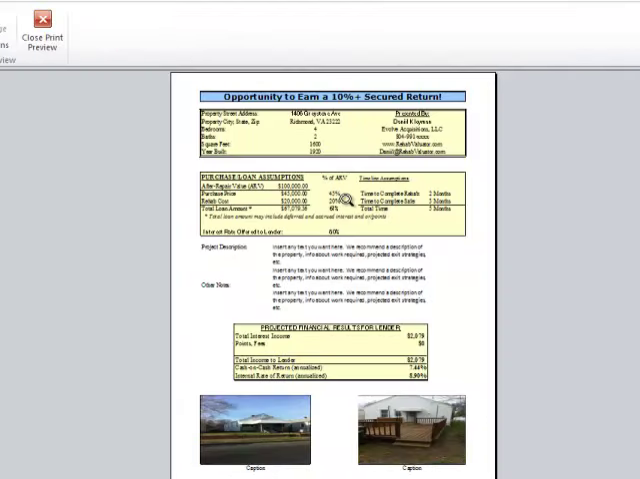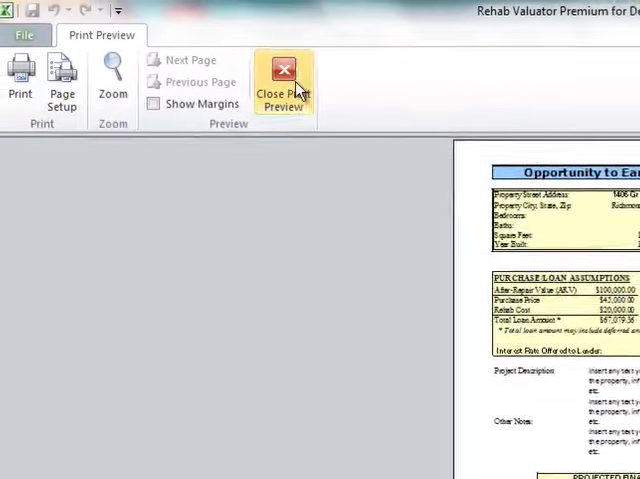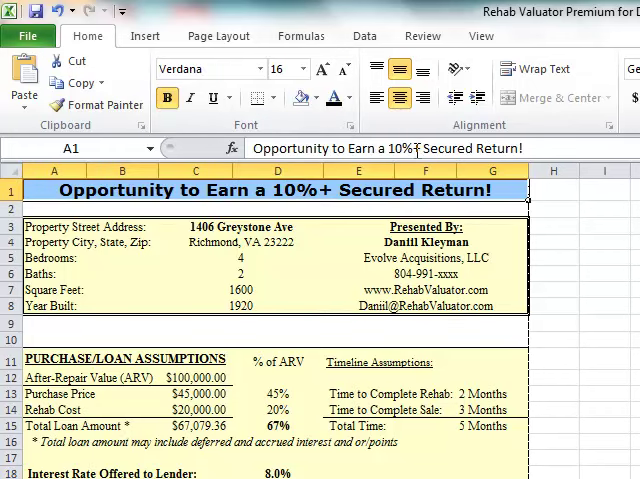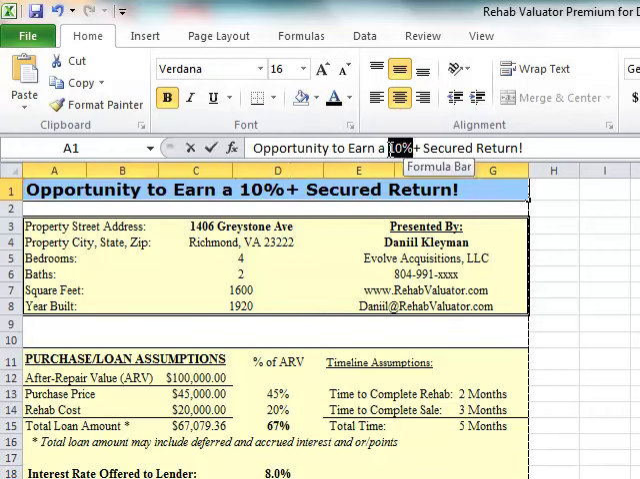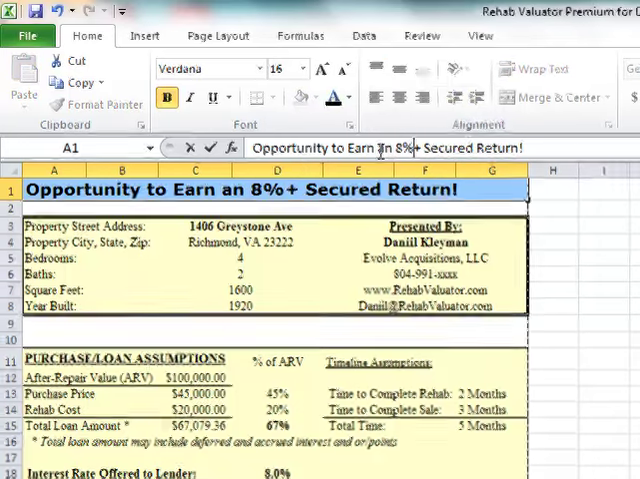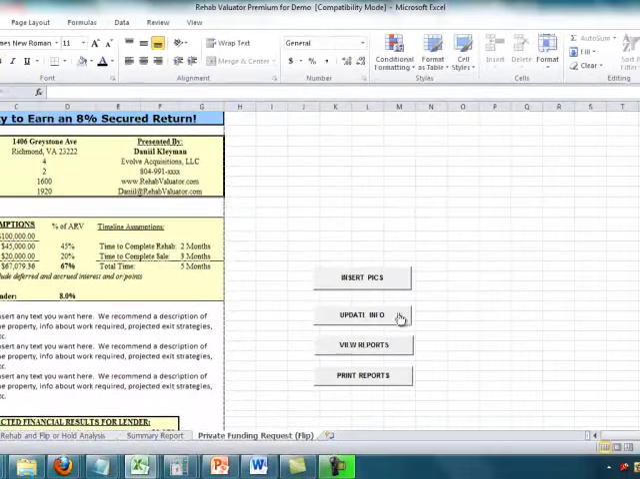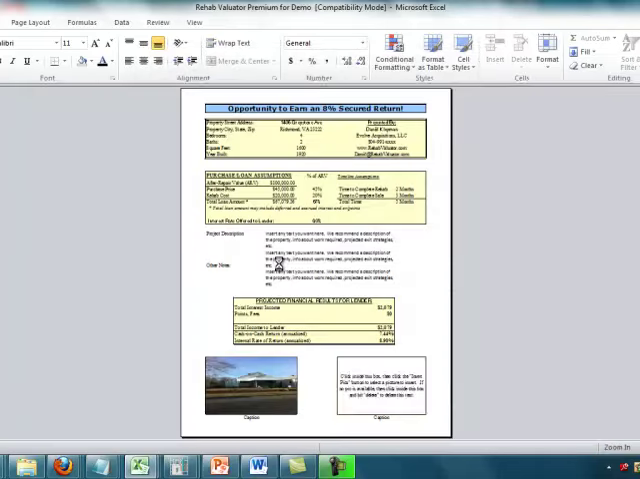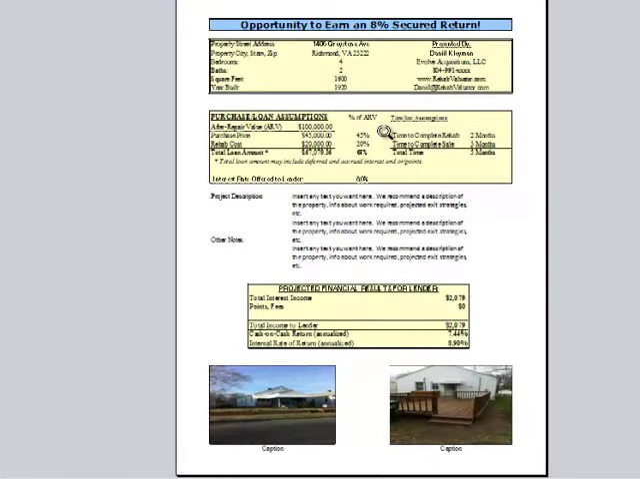Right there. And obviously, let me go back, and I'm going to change this headline because your private lender is not making a 10% return. So let's see. Okay, opportunity to earn an 8% secured return. So now I'll show you what this looks like. Boom. You can print this out, or you can just make a PDF document out of this and send this